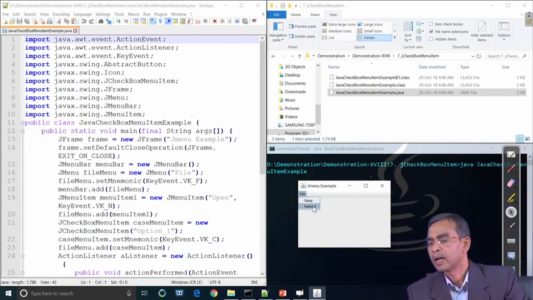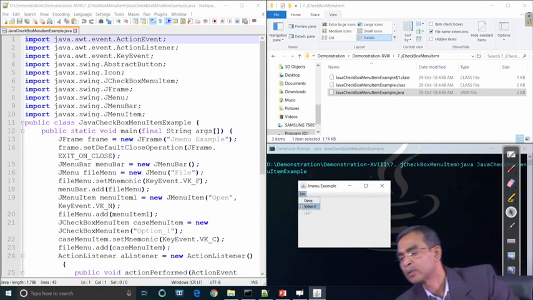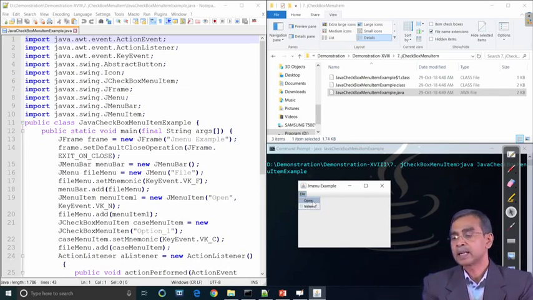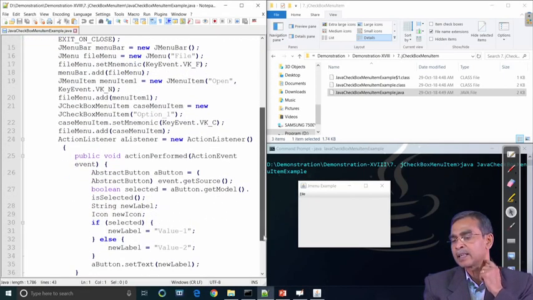Value 2 is with the checkbox, whereas Open is an ordinary item. So Value 2 is the checkbox. This is the idea: a checkbox can be added into a menu item, so we can select and add it like this.